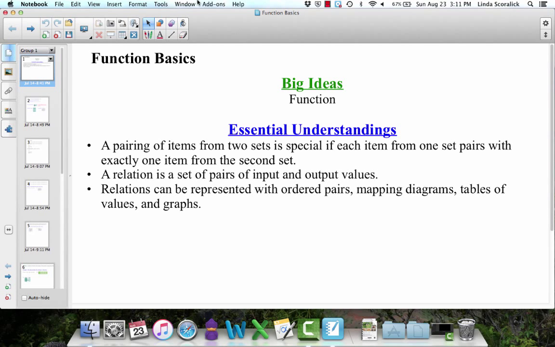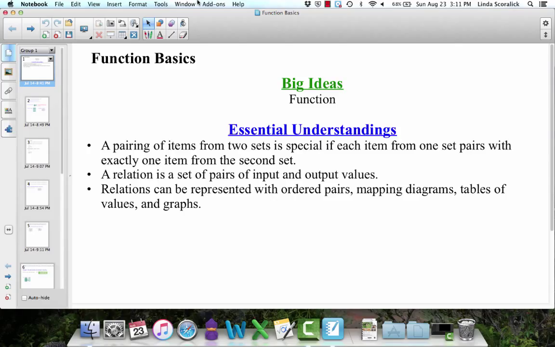In this lesson, we're going to explore the basics of functions, and functions are a really important concept in Algebra 1 courses, but more particularly in Algebra 2 and pre-calculus courses. Functions really form a foundation for algebra. Much of what we talk about relates to functions. In Algebra 1, you talked about linear functions. In this unit, we are going to briefly review linear functions and set the stage for much of the work that we're going to do in this Algebra 2 course in talking about different types of functions that